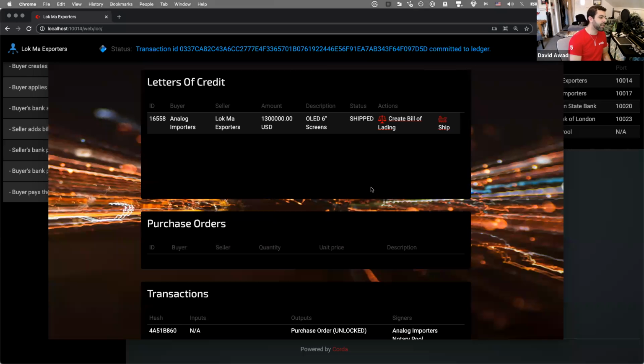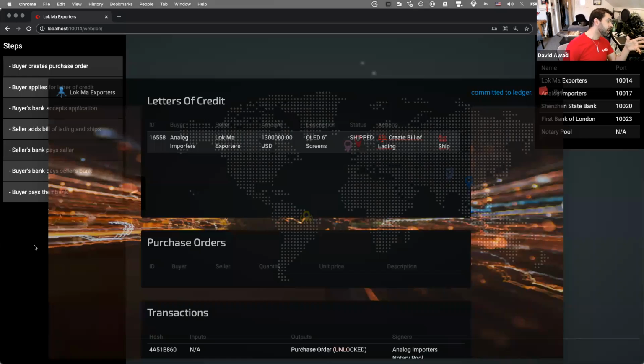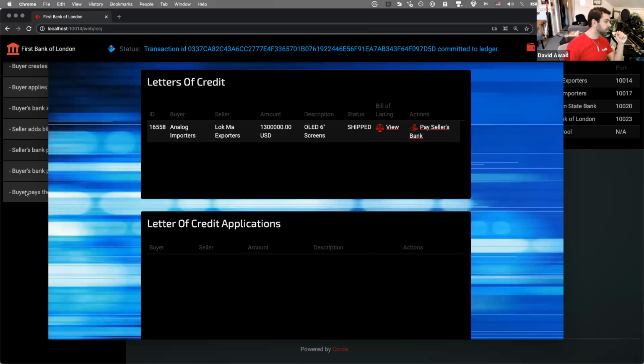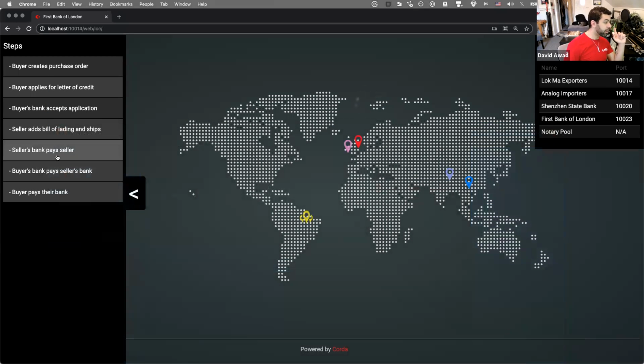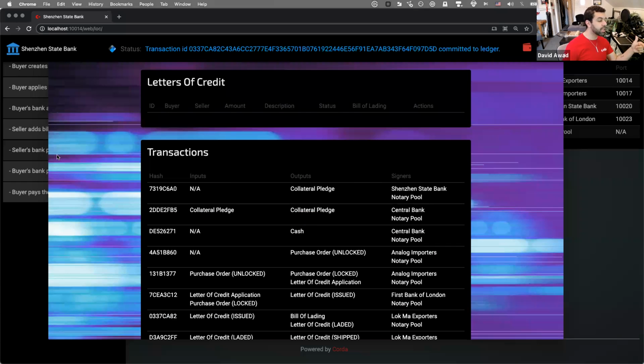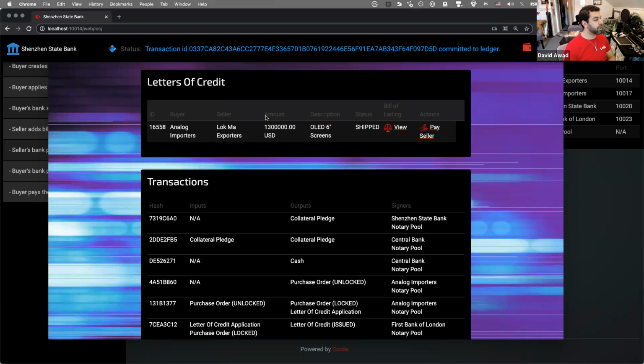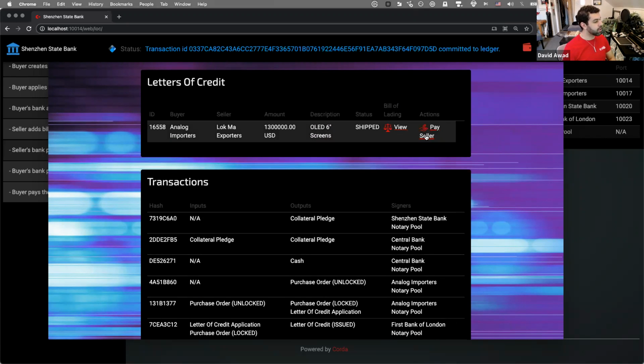There's our little boat animation. Love it. Now the status has changed to shipped with all of the required signers being aware of that fact. Now that the items are actually shipped, the buyer's bank can pay the seller's bank. Makes sense, because the seller's bank will now pay me, or pay the seller. The seller's bank also has 10 million bucks, but now they're going to pay me, or rather they're going to pay